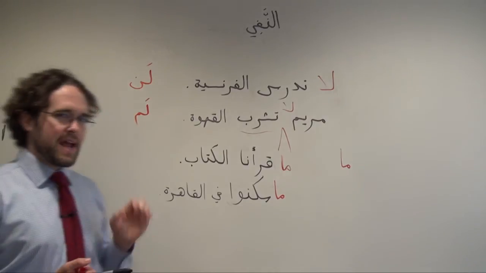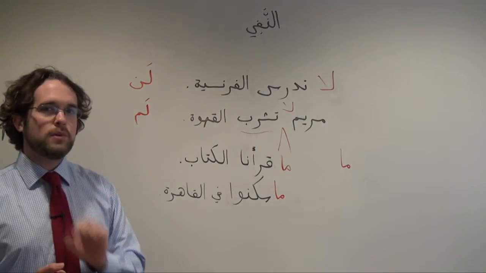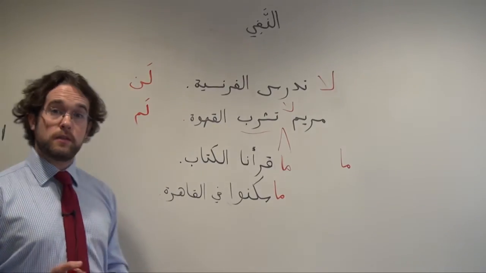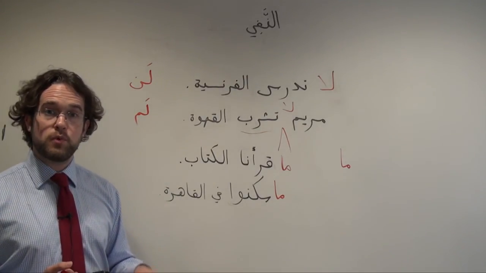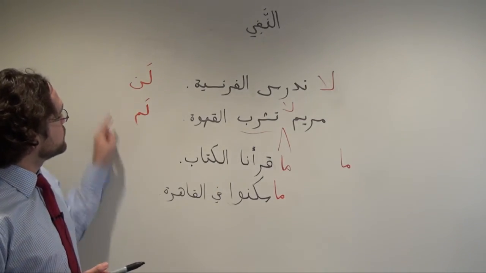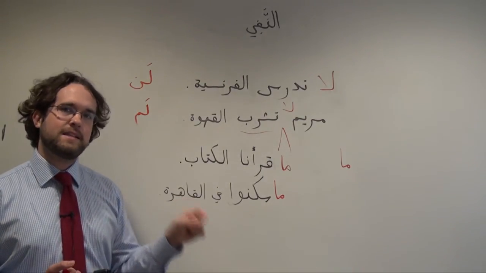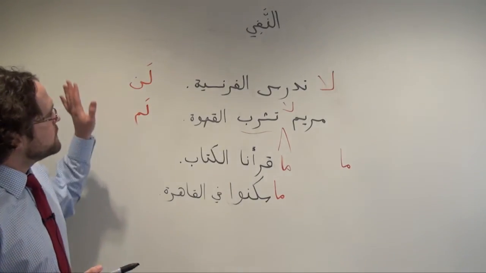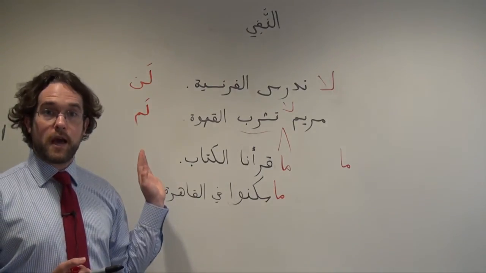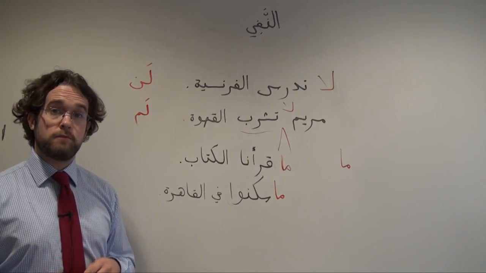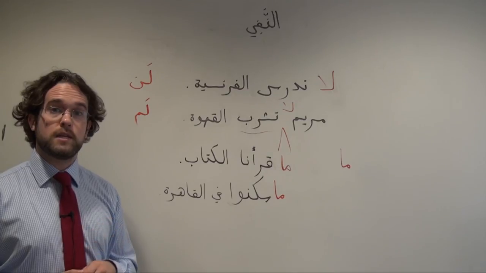Both of these, once again, have an effect on the final vowels of the verb that they're negating, and if you're interested in learning how to control those forms at this point, we actually have a separate video where you can go and learn exactly how to use them and exactly the effects that they're going to have on those conjugated verbs. Once again, this is formal Arabic, al-Arabiya al-Fusha, and we're going to have another video, a separate video on the forms of negation in colloquial.